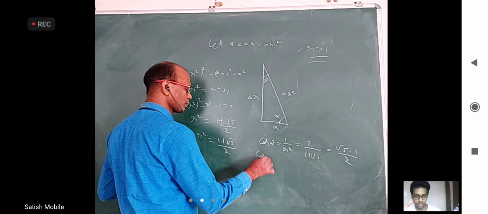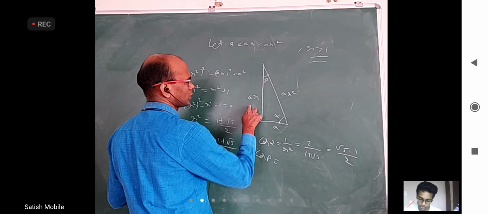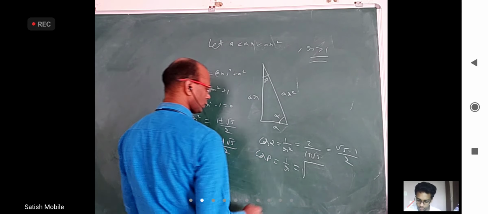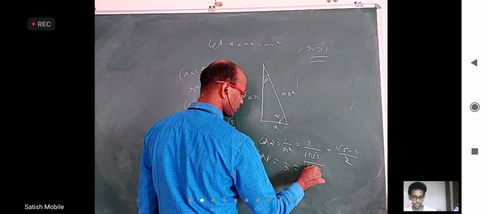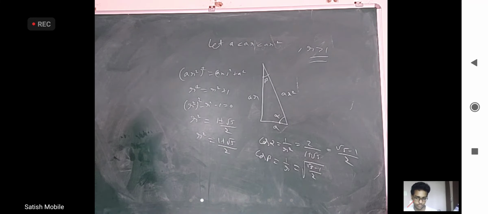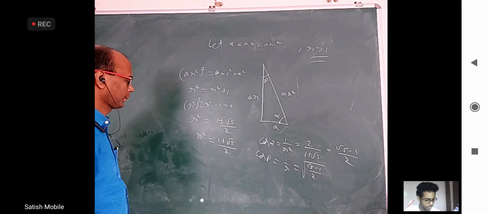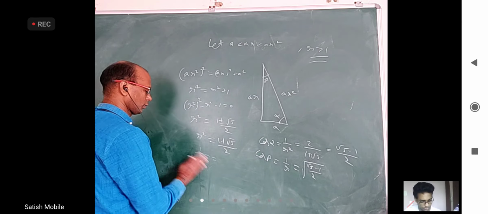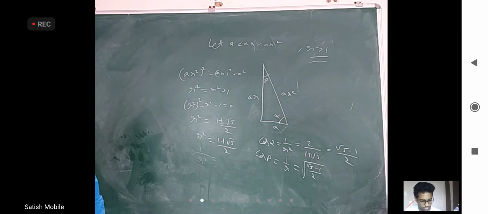And if I take cos beta, this by this, which is 1 by r, which is reciprocal and square root. So inside the root, or root of this, (root 5 minus 1) by 2. So one option is (root 5 minus 1) by 2, another option is square root of that, A and C. You don't have to use cosine rule and things like that. Any other doubts? Anybody in level 1 more than one answer questions?